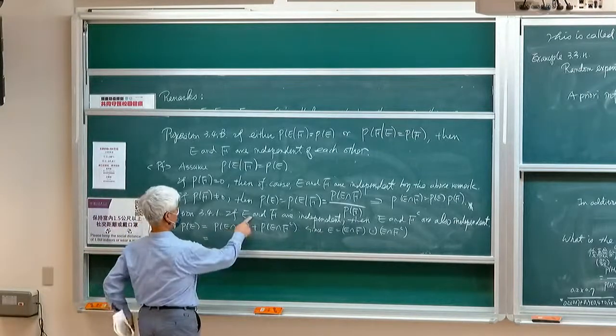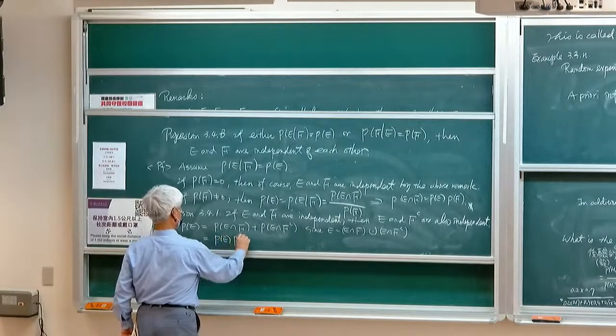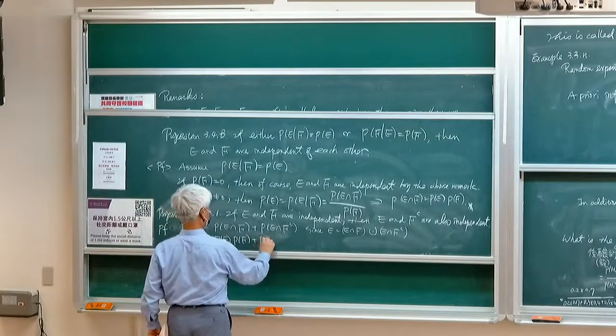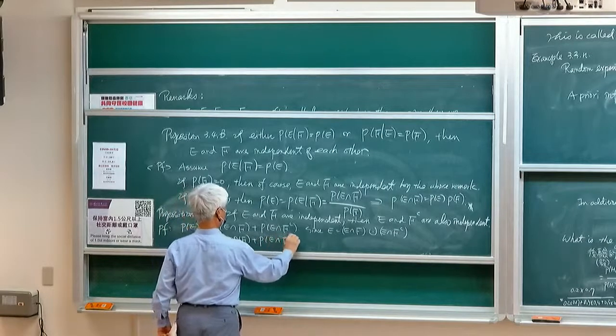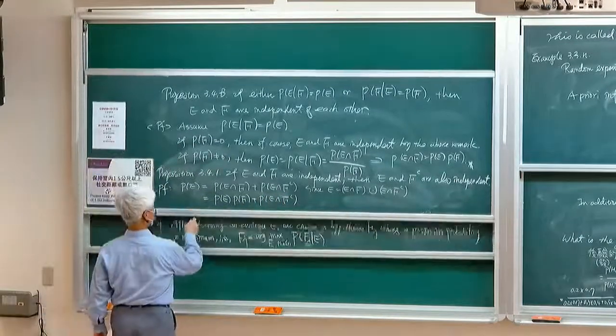And because E and F are independent, this is P(E)P(F) plus P(E intersect F complement). Okay? Now,